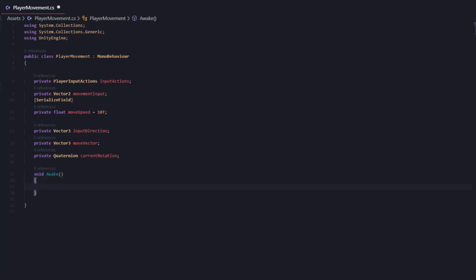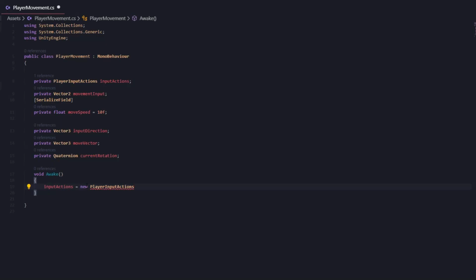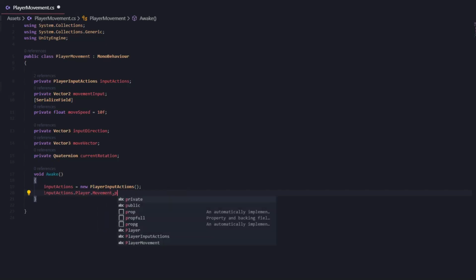and inside the curly brackets, we can firstly set our input actions. So I'm going to type in inputActions. We're going to set that equal to a new PlayerInputActions. Then we can set the movement vector from the input by typing in inputActions.Player.Movement.performed. And we're going to plus equal to